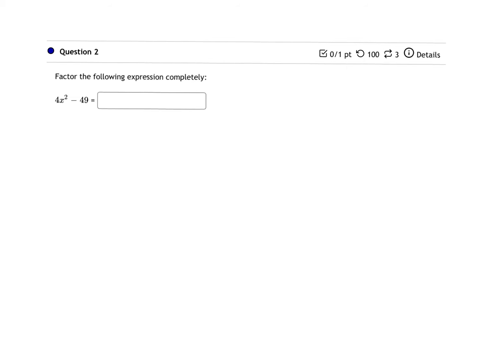Hello, Mr. Geisler here, and we're going to look at how to factor this expression. The first thing I'm going to notice is that there's only two terms and I'm subtracting them. That's called a difference. I'll also notice that both of these are perfect squares, so we call this a difference